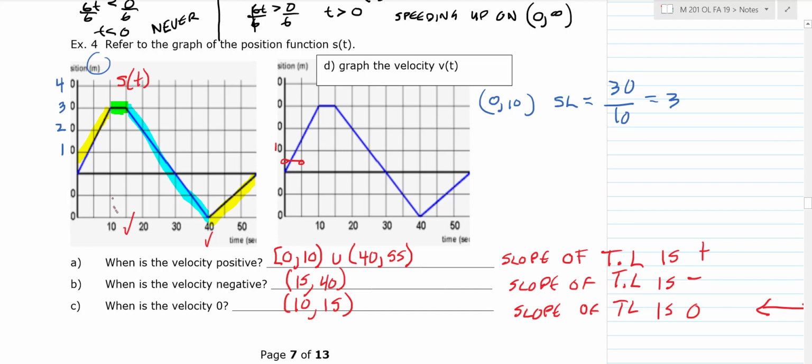Then we want to go from 10 to 15. So from 10 to 15, the slope is 0. The slope of the tangent line is 0 there. So from 10 to 15, we'll just put a vertical line on the x-axis. So that's kind of going from 3 to a slope of 0. Then from, it looks like 15 to 40,